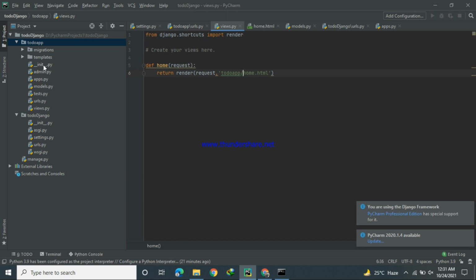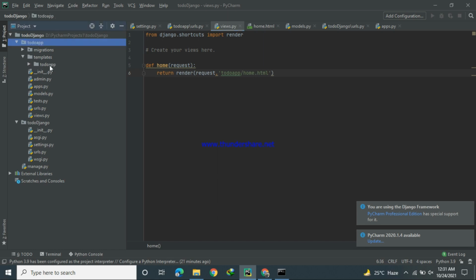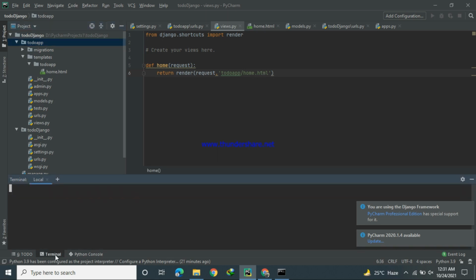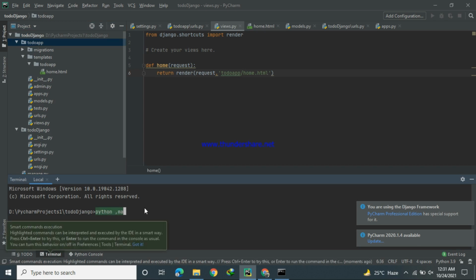For example, here in templates we have Todo app slash home.html. So let's open our terminal. Python manage.py runserver. Hope there will be no mistake.